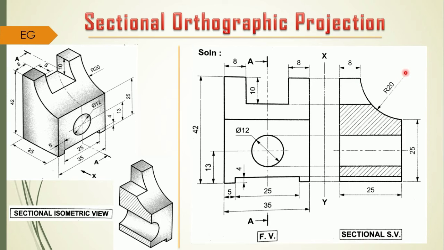So with that new center point, you have to further take the radius of 20 mm in your rounder, and you have to construct such kind of arc over here, which is going to join these 2 points. This point is at a distance of 25 mm, and this is the point at a distance of 8 mm from this point. So this is the curve which has a radius of 20 mm. So this is all about its side view.